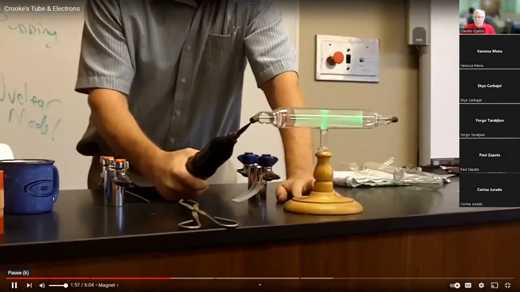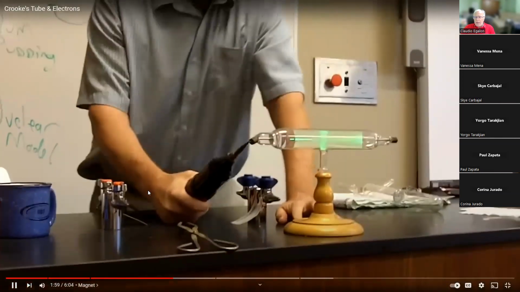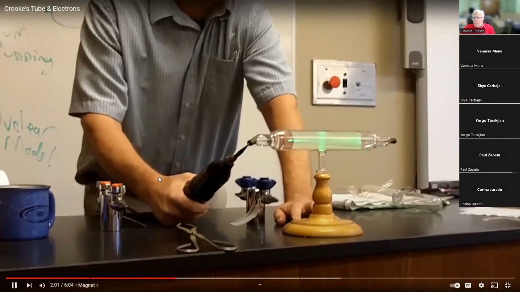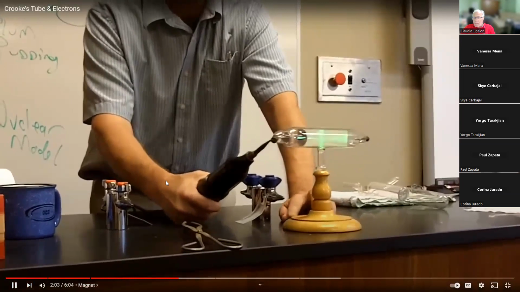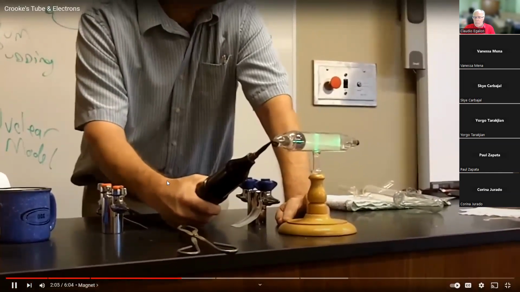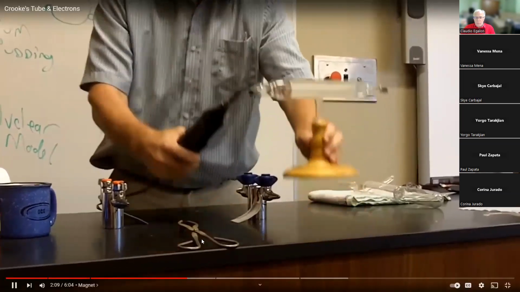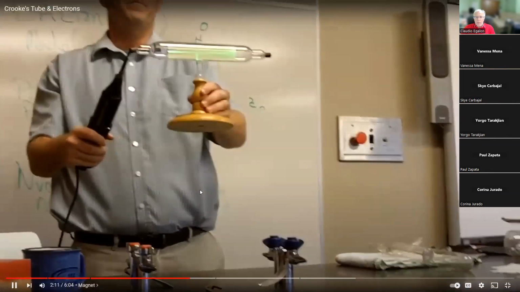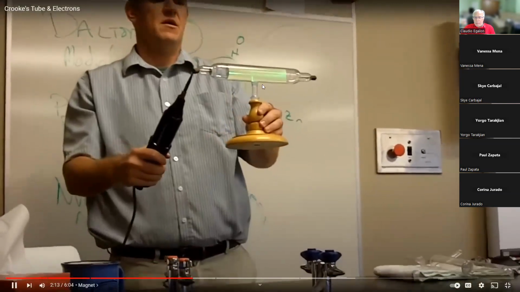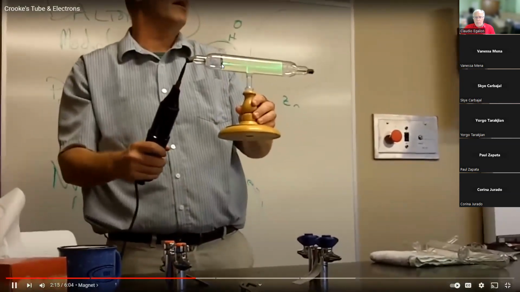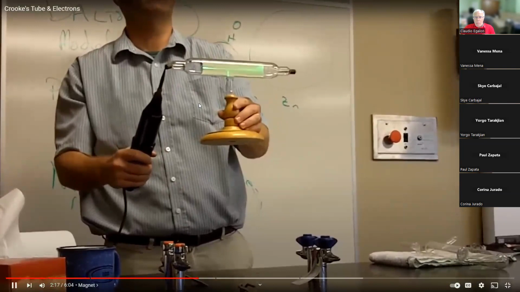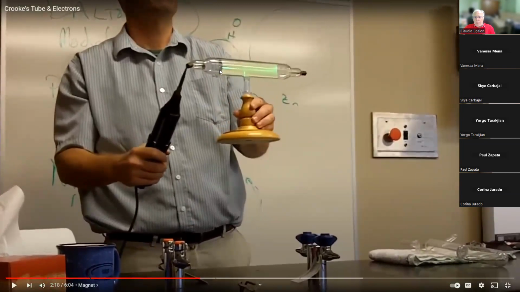Yeah, here you go. See the glowing, the green glowing? I see that. You see it over there on that side. Like this. Pretty cool. The electron beam. I actually can't see it from my side, but I assume you're seeing a straight green line. Yeah, the electron beam passing through this slit, right?